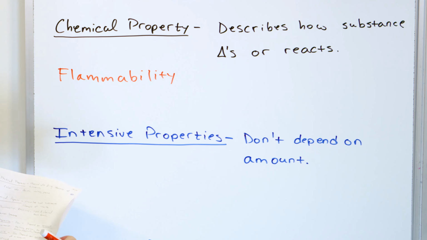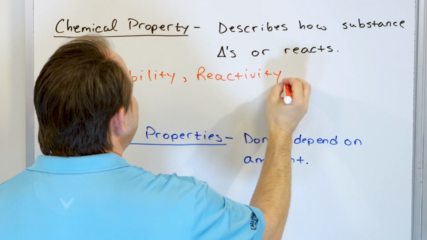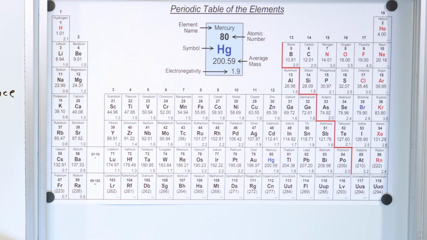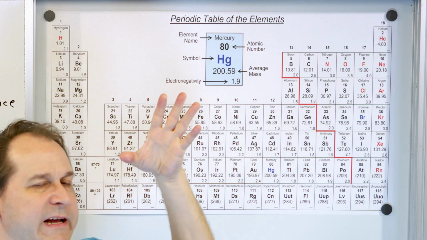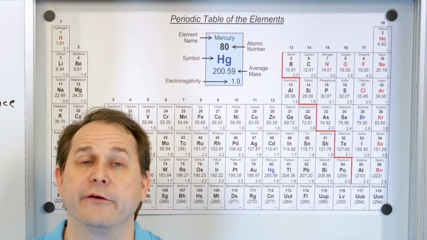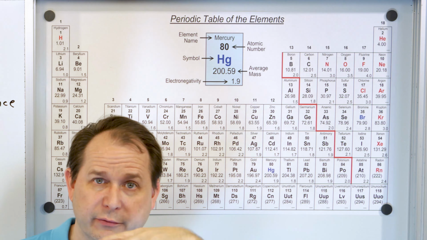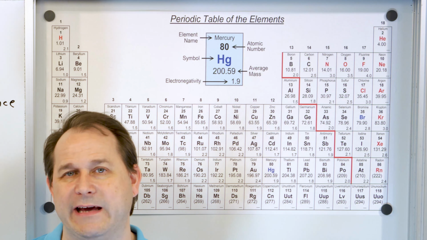Another example beyond flammability would be reactivity. And that's a whole can of worms we have to get into as we go farther into this class. But on the periodic table, some elements are more reactive than others. For instance, over here on the left-hand side, sodium, if you drop it into water, there's a chemical reaction that produces some hydrogen and also a lot of heat, and the hydrogen ignites. So if you actually drop sodium in water, you'll see a flame surrounding the reaction that's taking place, and you won't have to light a match. It'll just automatically catch on fire.